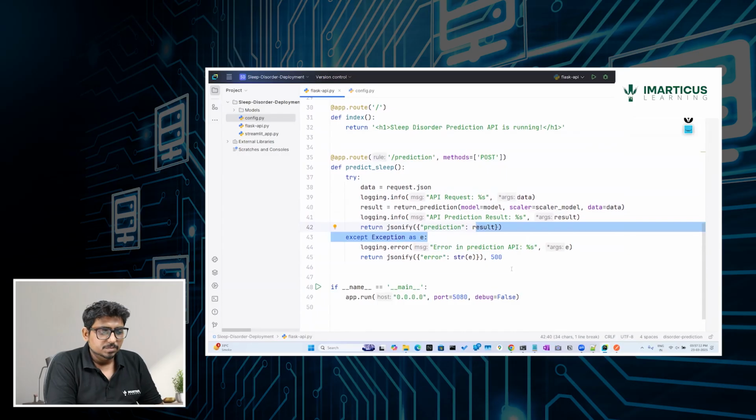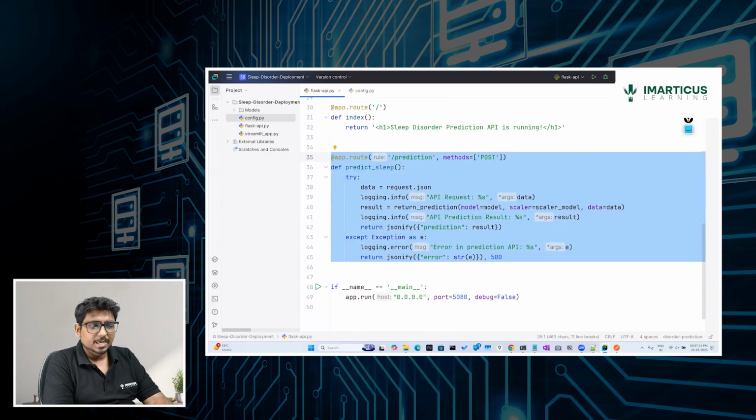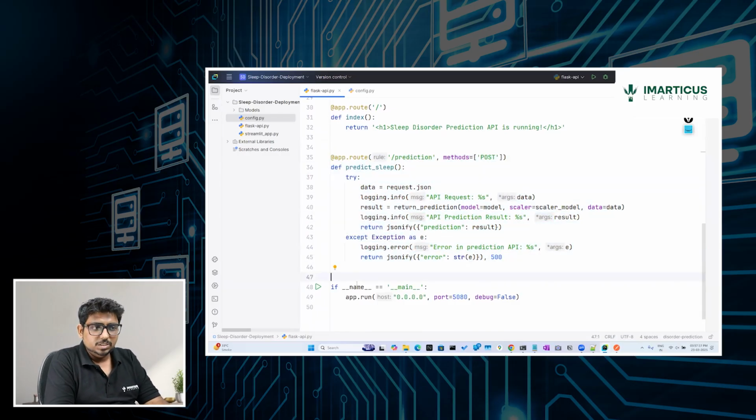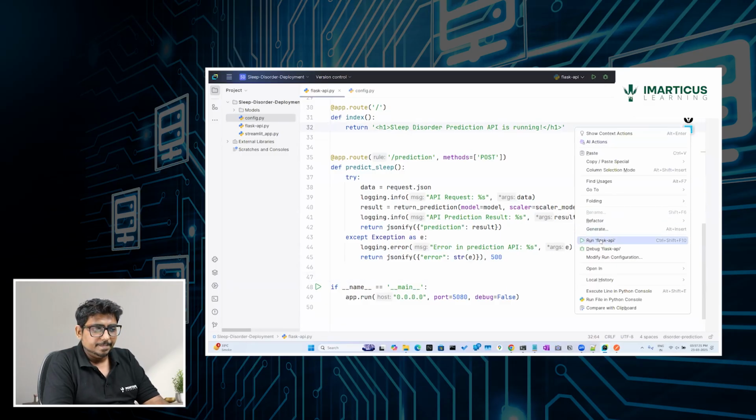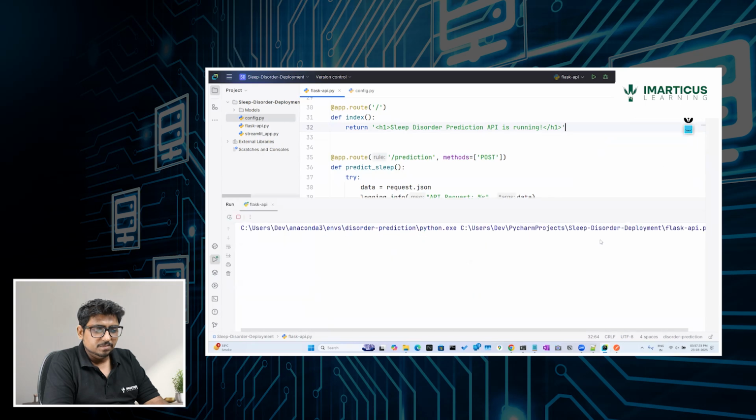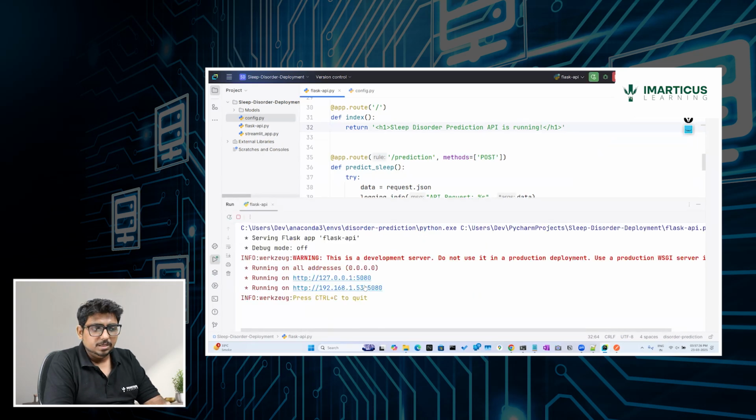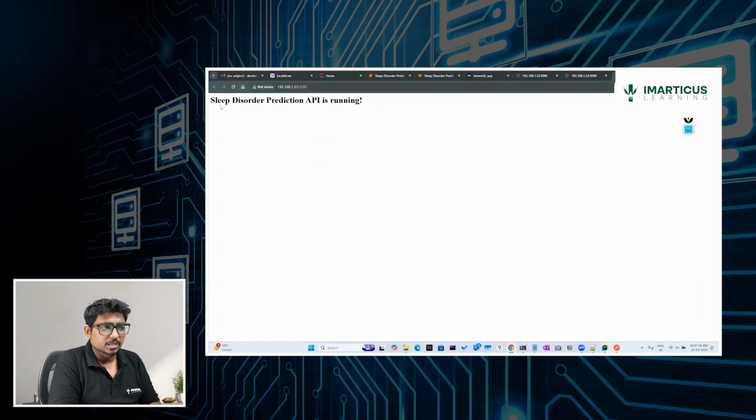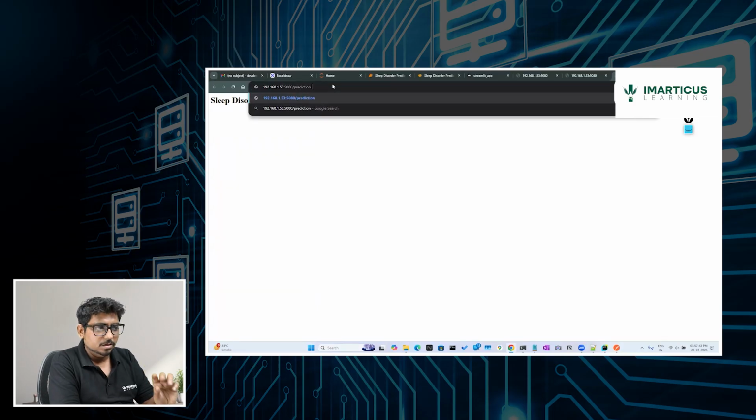So let's execute this particular code first. To run the entire server, you can just click on this green button, or else you can right click on run Flask API. It will start the server. Okay. Now the server is running, but how do we send a request to the server? So let's say if you go to this link, here you will get the message that sleep disorder prediction API is running. But if you pass the /prediction endpoint in the entire URL and press enter, it will show you the